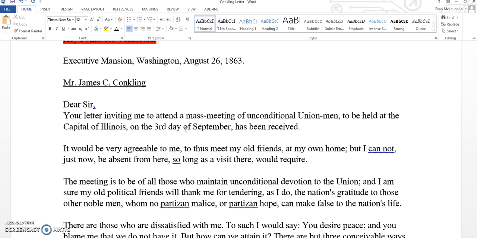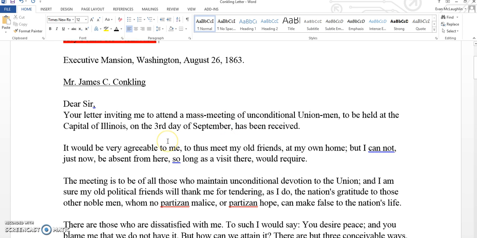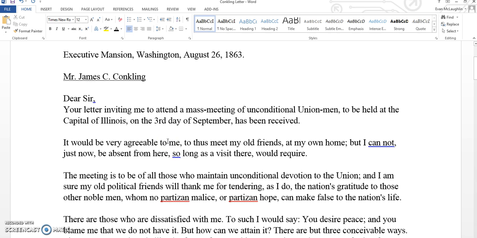So certainly, despite some pretty big victories in the summer of 1863, the path to presidential renomination in 1864 is anything but assured. And on top of that, the military progress of the Civil War is anything but sure. So now, more directly relating to this letter, on August 26th, Abraham Lincoln writes a response to